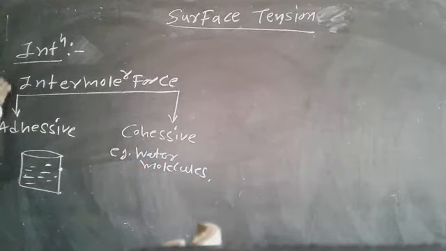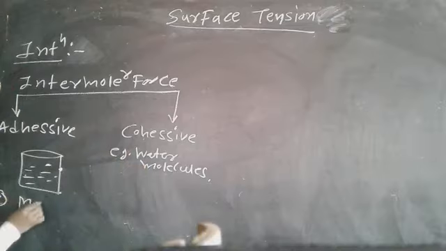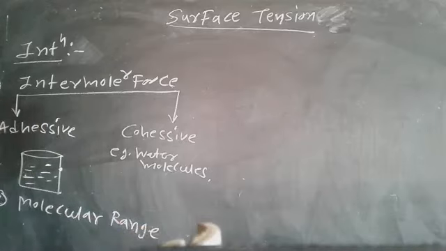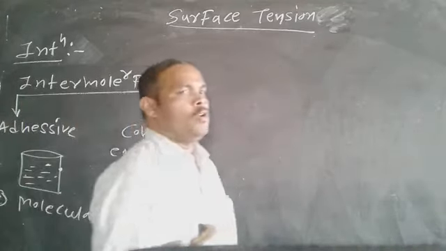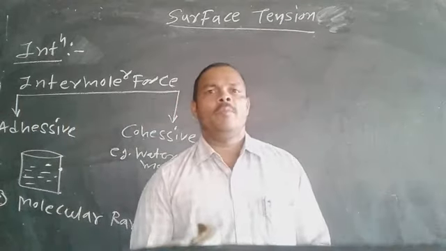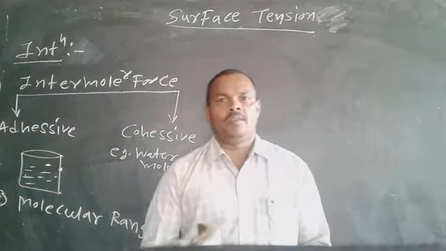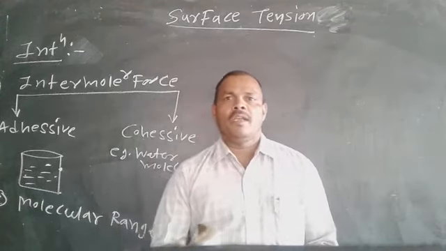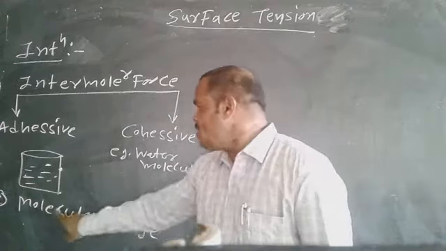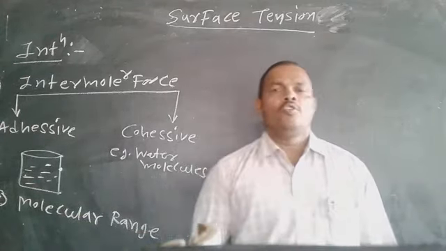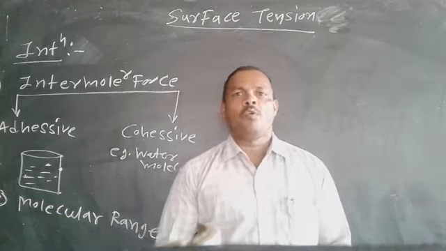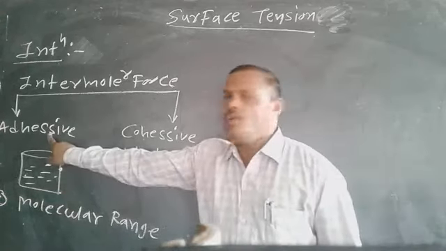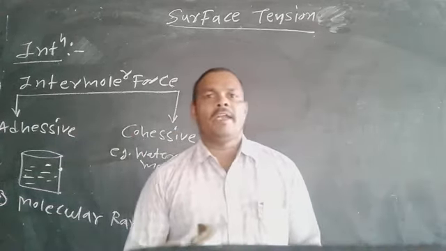Now, second concept is molecular range, or range of molecular attraction. The maximum distance up to which the cohesive forces or force of attraction is effective is called as molecular range. So the maximum distance up to which the force of attraction, whether it is additive or cohesive, is effective is